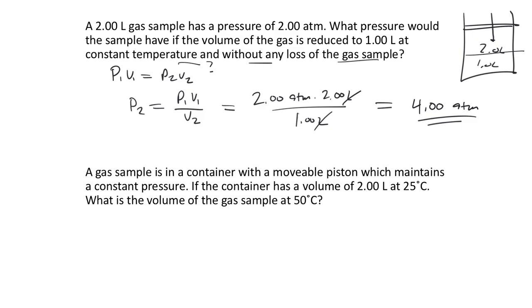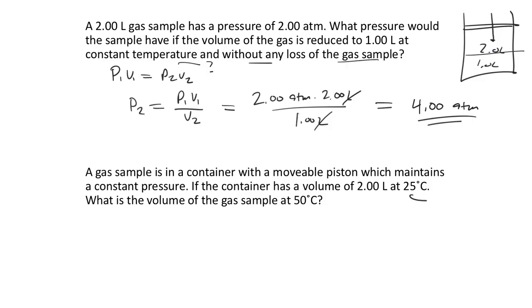And then the next problem is a very similar problem, except where we have a container with a movable piston. The piston's going to just move to maintain atmospheric pressure. So if the container initially has a volume of 2 liters at 25 degrees C, what's the volume of the gas at 50 degrees C? Now this is where you're going to be careful to convert to Kelvin, because it seems like the temperature is doubling, but